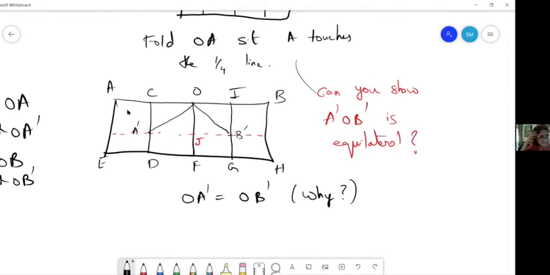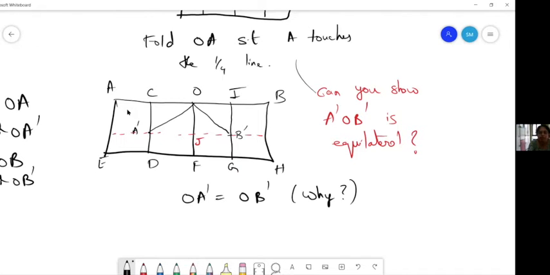Let me figure out what I'm trying. Yeah, OA and OA dash are equal because we touched the tip. Correct. It is the same line segment that we are moving and bringing here. Correct. Madhu ma'am said it very nicely. So now it is a question of comparing OA and OB, and OA and OB are equal by folding.